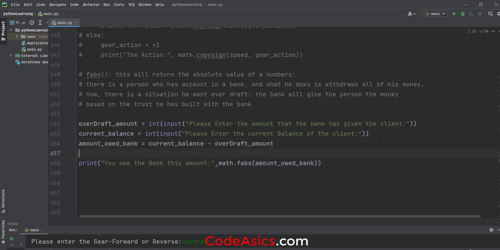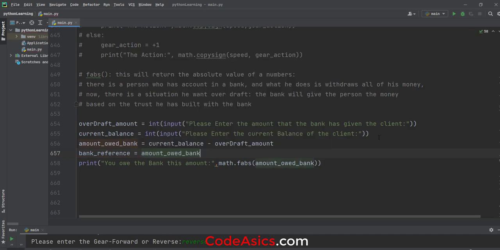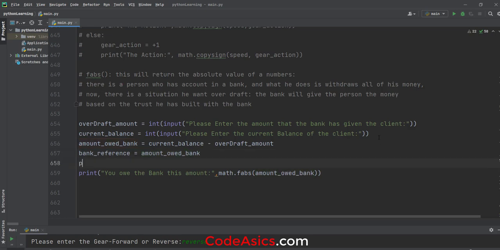Okay, so in this case, this is for bank reference. Bank reference is equal to the amount owed to the bank, and then print